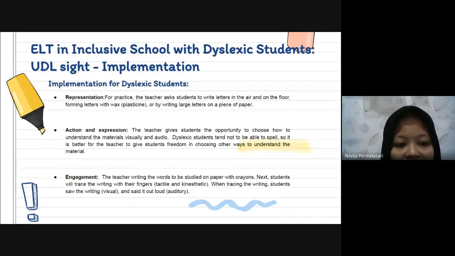And the last is engagement. The teacher writes the words to be studied on paper with crayons, and the students then trace the writing with their fingers, so they can practice their tactile and kinesthetic skills. When tracing and writing, the students see the writing, which is visual, and say it aloud, which is auditory. And the next slide is